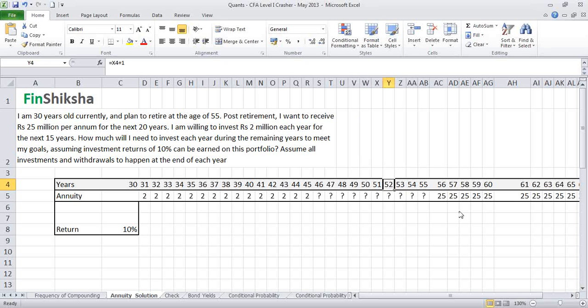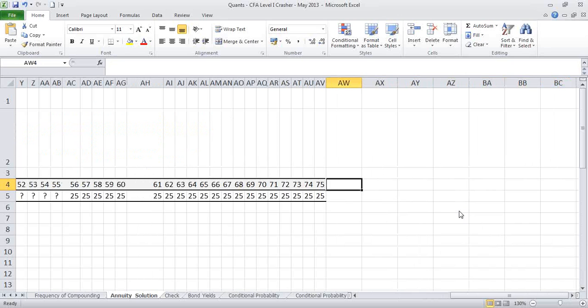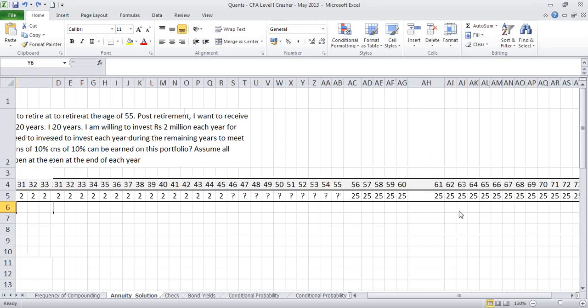So just to give a quick example, if this was happening at the beginning of each year, then effectively, and note that the beginning of one year is the end of the last year, what you could have assumed is that you start with 25 today, and then you have these payments happening all the way up to the next 19 years, and the last year is basically not there. You could have solved it for this, where you find the present value of all these 25 million cash flows and add 25 to that to find the present value here. That's assuming the payment is happening at the beginning of the year. We had in our question the payment happening at the end of the year. So what is important is just to create